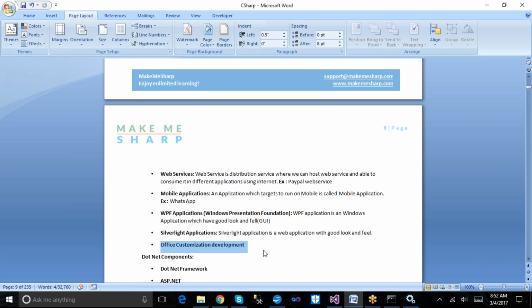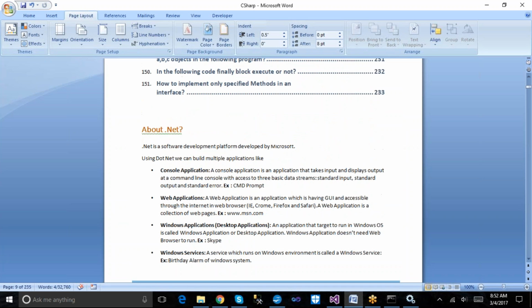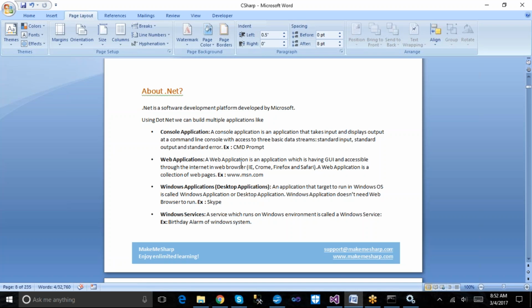So this is the introduction of .NET. Instead of simply explaining about .NET and examples, I took long time here to explain the concept so that you guys have the understanding here. Let me summarize the topics in this .NET introduction. If anyone asks you what is .NET, we need to tell them .NET is a technology or software development platform where we can build a variety of applications.